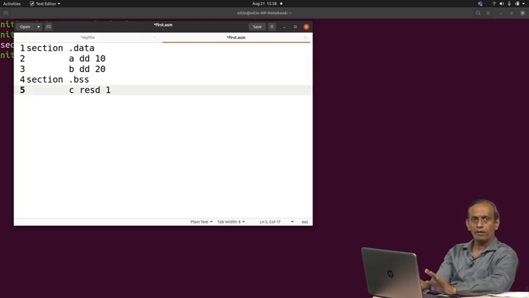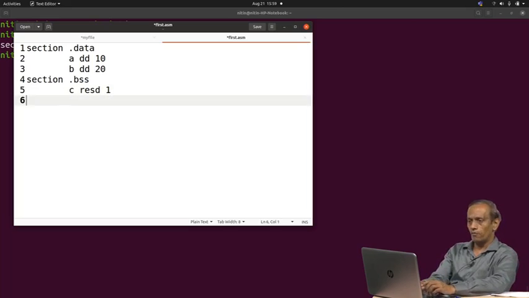You will write 1. So, this is the declaration: variable name, identifier name, then type of it, how many bytes are to be reserved, how many doubles are to be reserved, and so on. In this case we are talking about reserve double. So, it will reserve 4 bytes for the C variable, and then our code would be there.